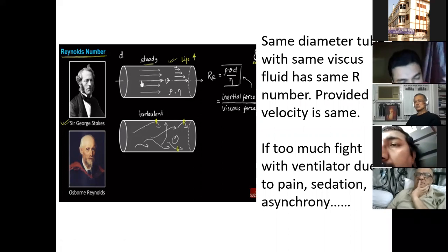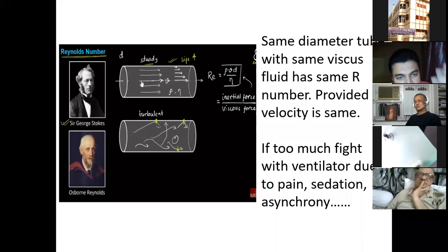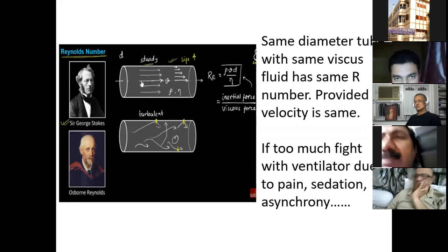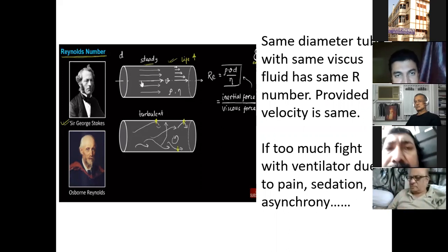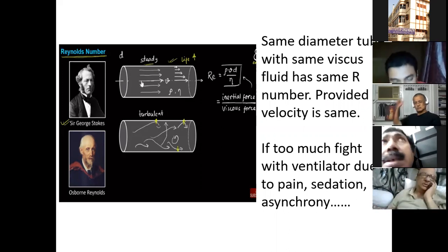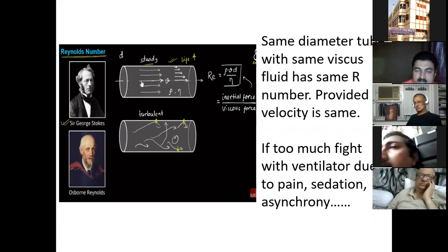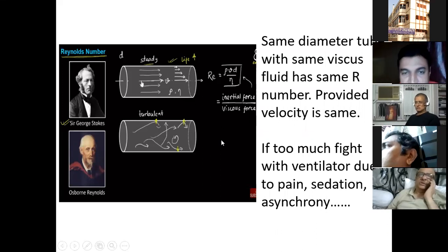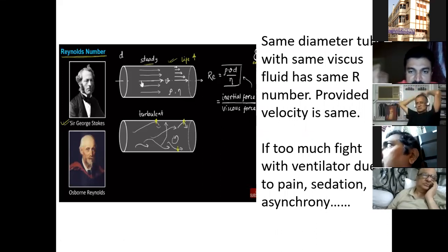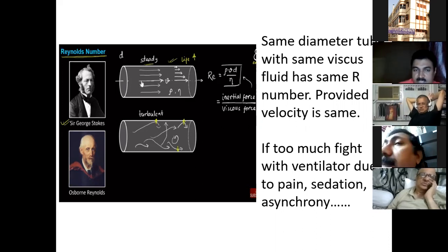So here physics speaks the phenomenon that the lower airway generates a lower Reynolds number, thereby it is a streamline flow, and in streamline flow, oxygen can reach too far. And if it is turbulent, oxygen cannot reach too far, because it is disturbed. This was first demonstrated by Osborne Reynolds. So this is the concept of Reynolds number.